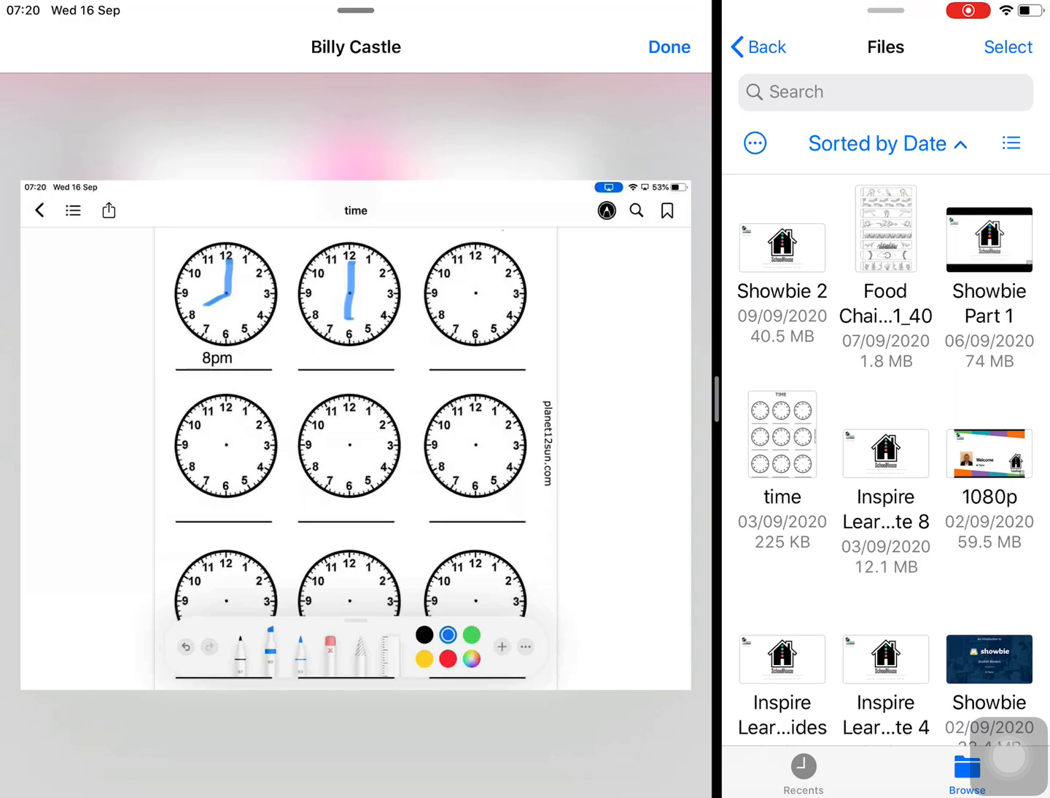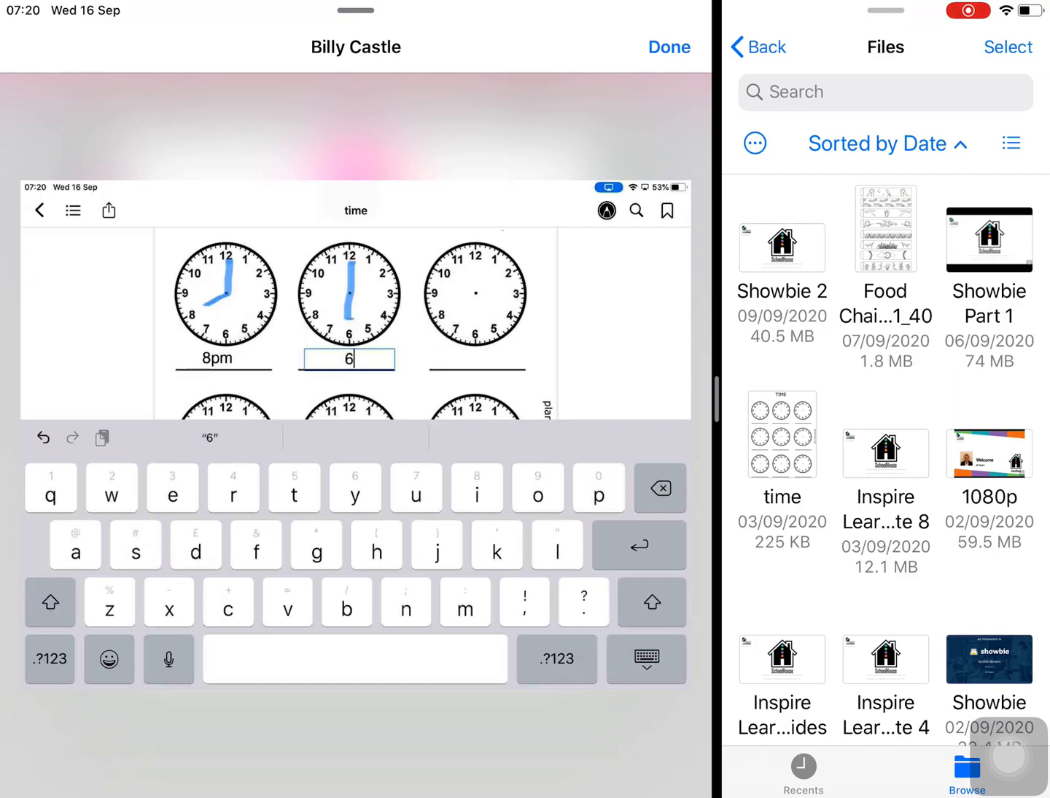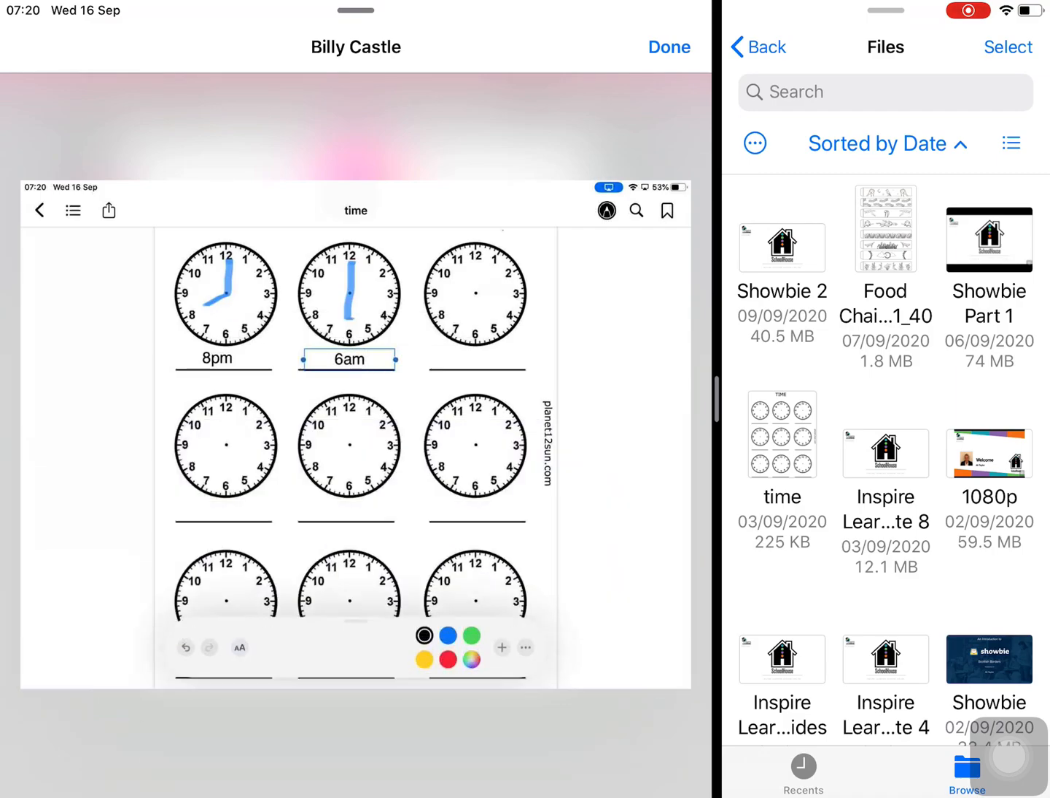We'll do one for the other one. So it's plus text. Move the text box to where you want it to go. Just move this one up like that. Tap on the text box, tap on edit, and this time it's going to be 6 a.m. Tap away,